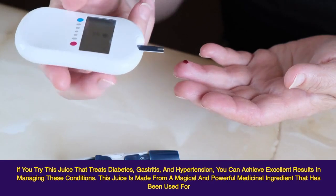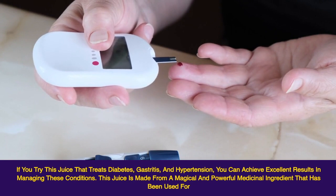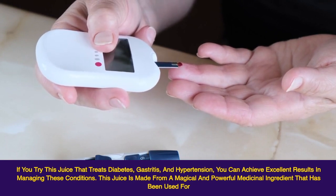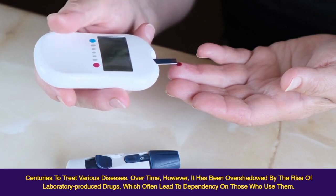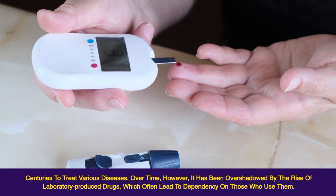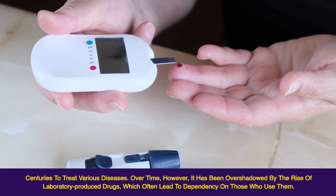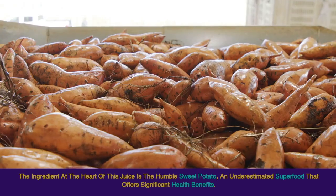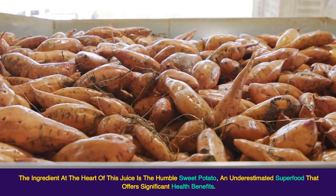If you try this juice that treats diabetes, gastritis, and hypertension, you can achieve excellent results in managing these conditions. This juice is made from a magical and powerful medicinal ingredient that has been used for centuries to treat various diseases. Over time, however, it has been overshadowed by the rise of laboratory-produced drugs, which often lead to dependency on those who use them. The ingredient at the heart of this juice is the humble sweet potato, an underestimated superfood